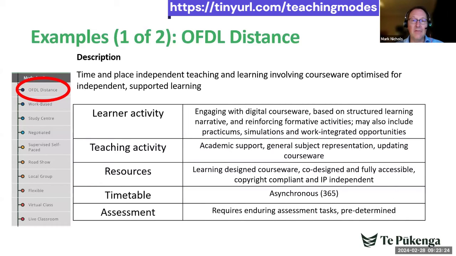Now it's intentionally asynchronous, and then the descriptions for each of those 5 areas, you'll see how it works with a bit more detail. So the learner activity consists mainly of engaging with digital courseware. It doesn't need to be digital, but it's usually designed to support independent learning with no strict timetable at all. In fact, the course materials are designed in such a way that a learner might start their studies at any time, independent of any cohort. So it's independent as well. Depending on the subject, learning might also require practicums, simulations, and work-integrated opportunities. Now, some of these might require a schedule, but at heart, the mode is designed to be independent of time and place.